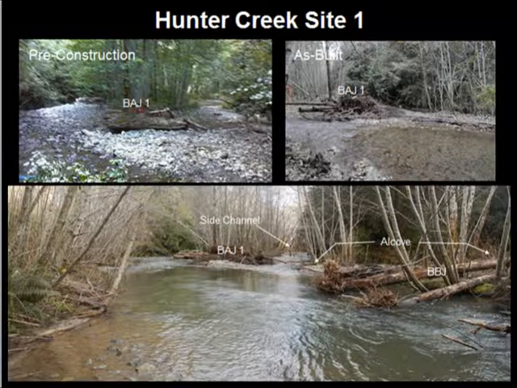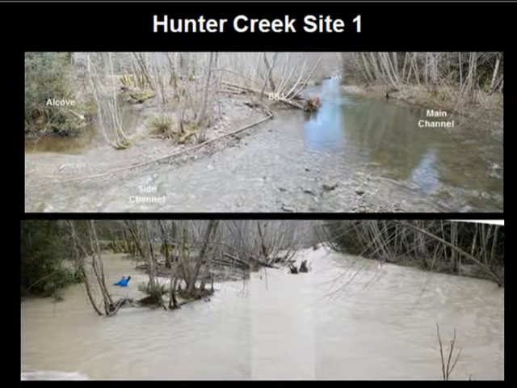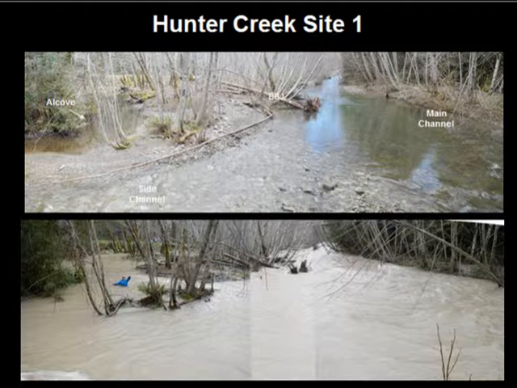So you can see, looking upstream at that same site, within a year's time we've completely changed the facies composition of the channel bed. We've got spawning adjacent to cover habitat, adjacent to rearing habitat, and we're inducing flows into the side channel that provides connectivity overall. And then at high flow, everything's good. Like Aaron likes to say, the fish are partying in the bushes at that time.